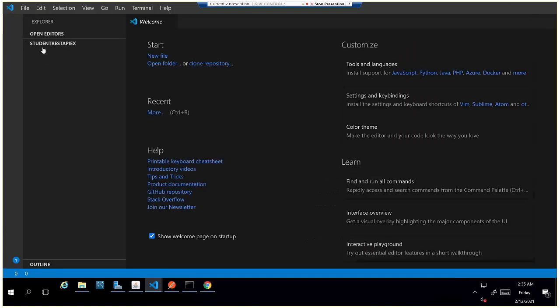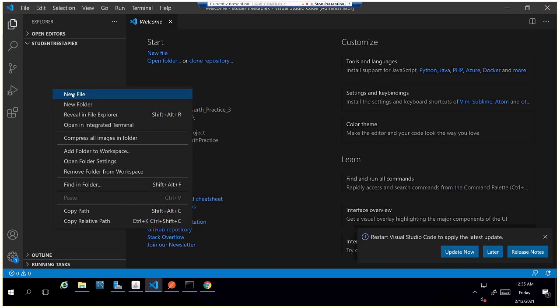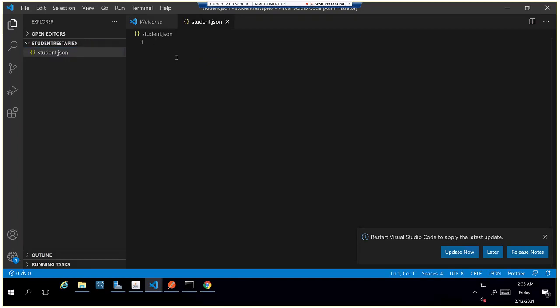Now we'll create a simple JSON file which has key value pairs, like the student.json file. This JSON will have one key, student, and the value is an array of objects.